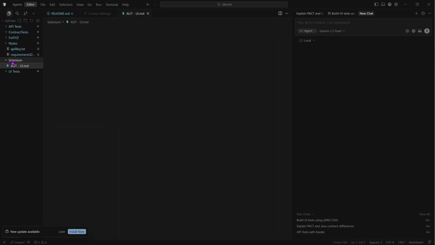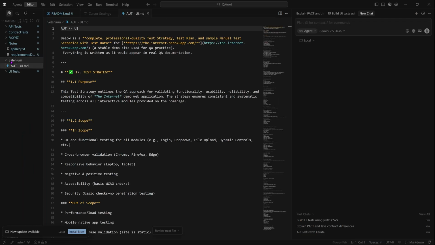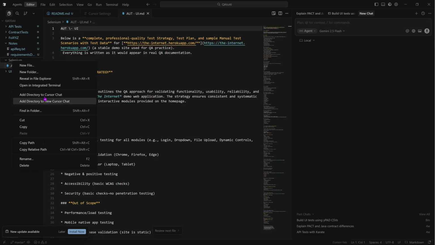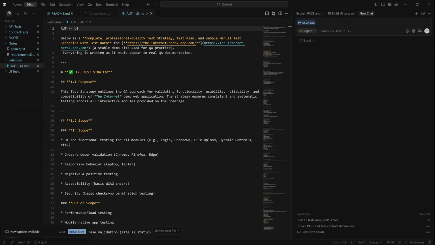Now, I'm going to right click and add this directory to the Cursor chat. It's a new one. It doesn't have much, but as you look at the context and add more context to it, team, it'll try and stay here. It is not a full RAG only, but it'll try and keep its relevance on this folder. Now, the first thing I'll ask is,